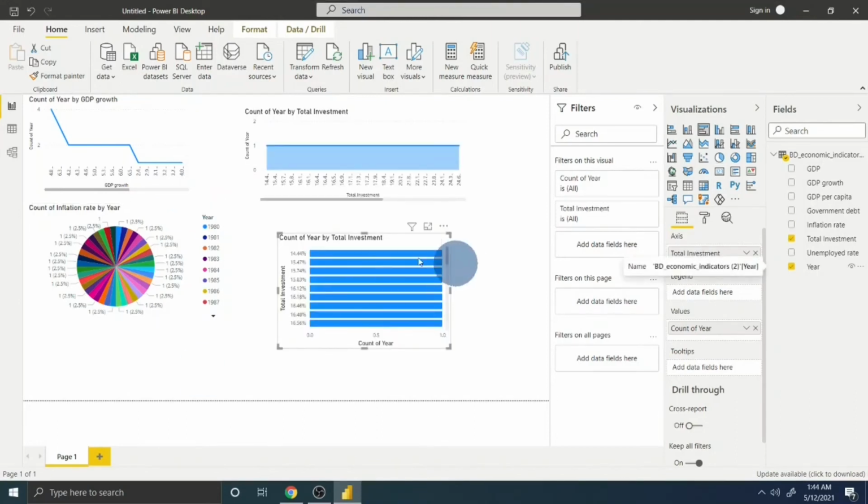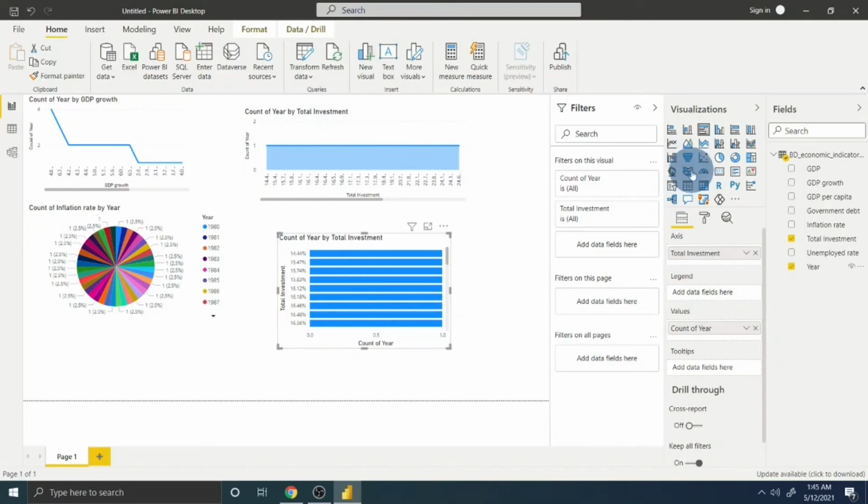Now my dear learners, we have seen how to create a line diagram and a pie chart. We can create an area chart, for example this one, or we can create a bar diagram, for example a clustered bar diagram, like this. You can try several of these visualization tools to visualize your data in your Power BI report section. So this is how you can create the reports. I have created a few of them, but you can create more by clicking these options, and these are very fun to do.